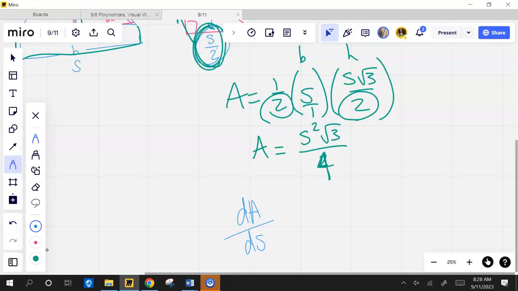So what is the derivative? Y'all can do this, come on. This is what I would do on this one. I would change this to square root of 3 over 4 times s squared so that I could see it a little bit better. Because how do I find the derivative? All that's just gobbledygook in front of it, right? It doesn't matter what those numbers actually are right there because I'm still going to use the same process when I find the derivative of this s. In other words,